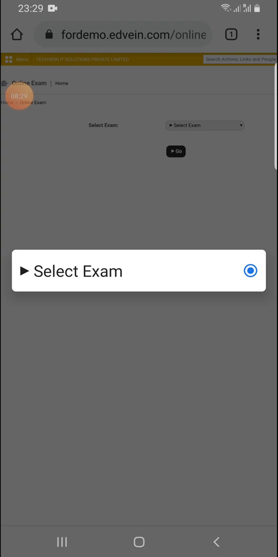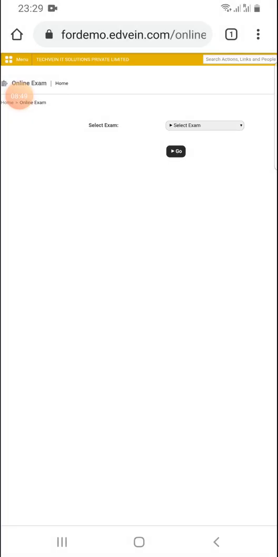If you are trying to see your exam before the exam time, like suppose you are given a time that you can start your exam after 9 o'clock, then if you log in at 8:50 and try to see the question paper, it will not be available. It will only be available after 9 o'clock. So when the time turns 9:01, immediately you can come on this page, refresh the page, and click on select exam and start your exam. Once you have started your exam, it is your responsibility to make sure that you completely answer all your questions and then submit the answer sheet properly.